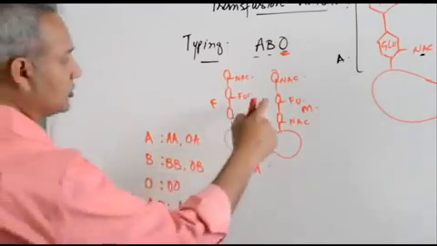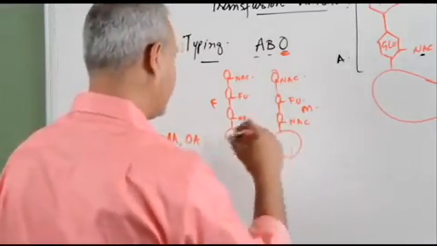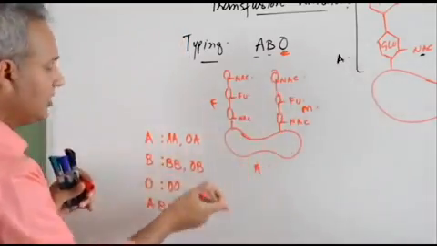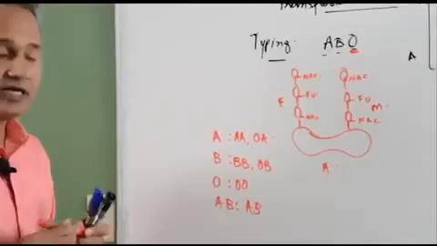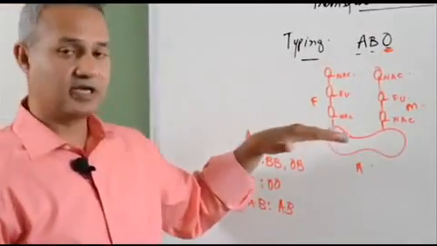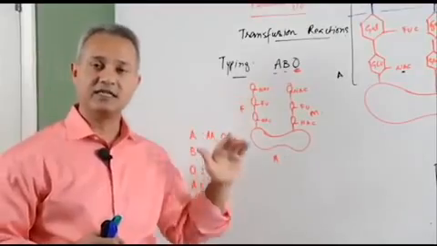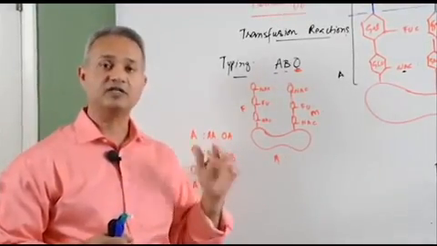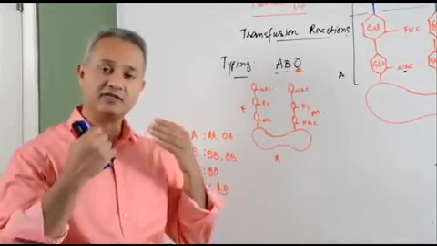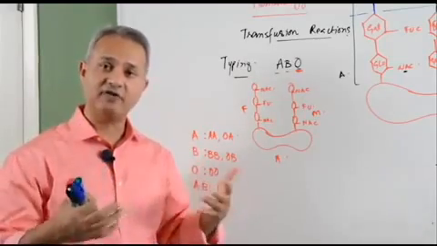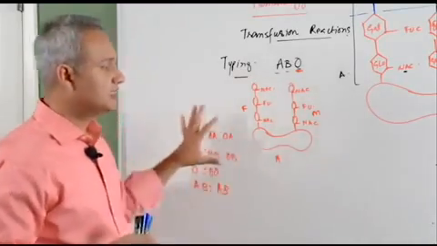Then A and O. So if the mother or father only delivered this much, the H antigen, then it is AO, and so on. So you can make for all of these. This is the structure. Once again, these antigens are not only present on the surface of RBCs, they are present on other tissue cells as well, and in about 85% of people these are secreted in saliva and other secretions too. So that is how the typing